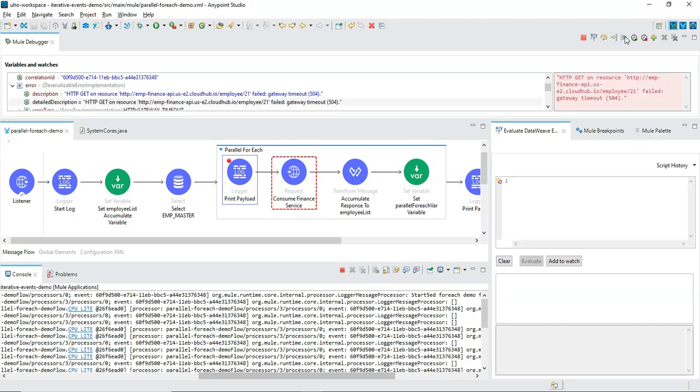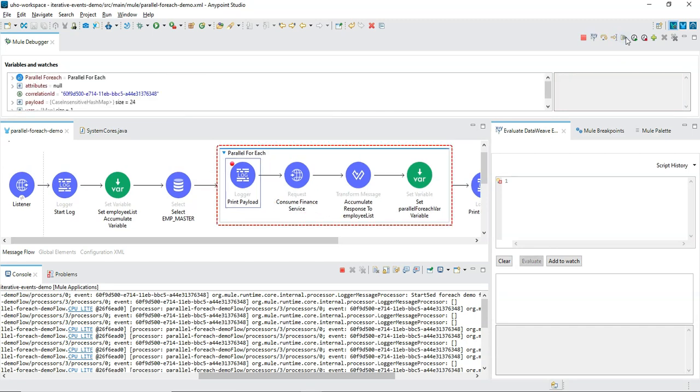Next, next, next, next. We can see that when the first call failed, it still continued to call for other processes also, because parallel for each executes each event in parallel and those are independent.